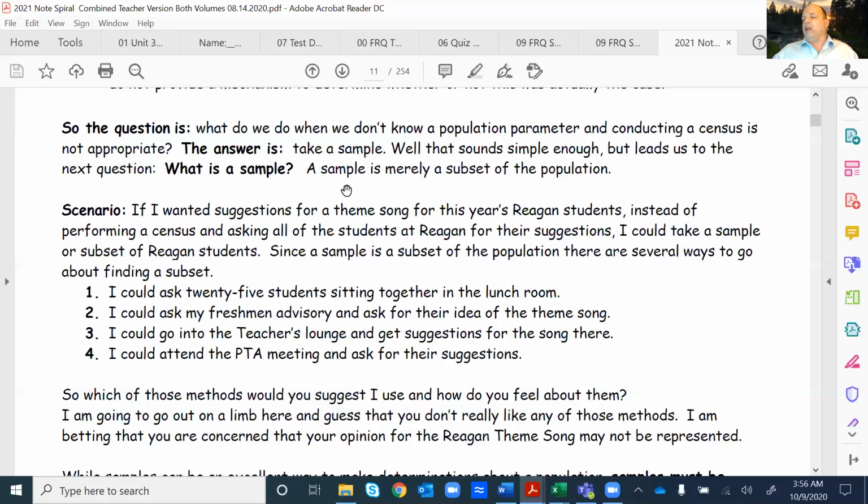idea to choose. And then if I say, hey, well, I want to get a representative group that they aren't necessarily friends, maybe I ask my freshman advisory, and real quickly we understand that that's a bad choice because I'm only representing freshmen and the sophomores, juniors, and seniors are left out. How about this? I could go to the teachers' lounge because from there there's representatives from freshman classes, sophomores, juniors, and seniors. But once again, as someone once said, the teachers' lounge is going to choose old people and old music, which I think is a wrong thing to say, but nonetheless, that's what they're going to choose. And we didn't represent the students. We only represented